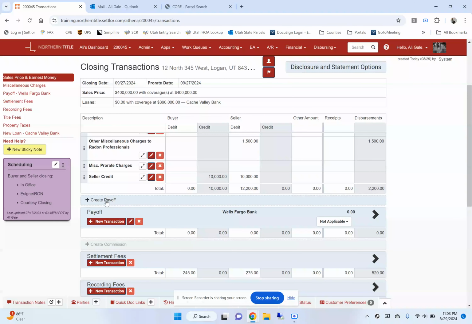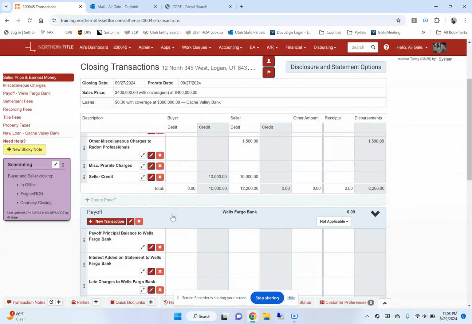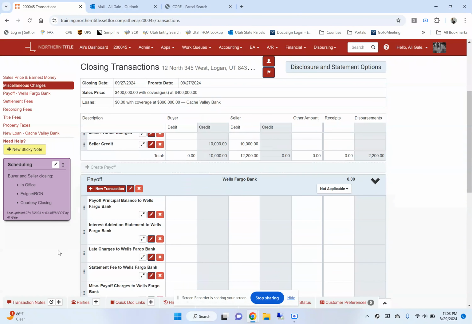Created this gray create payoff line. That's for a second payoff, or third or fourth, or however many you need. But the one we created just now was right here. Payoff, Wells Fargo Bank, has zero amount. But that's when we need to click on the line itself, and it drops down some lines that we can fill in. So it'll say your principal balance. We want it to be a seller debit, so we can go in here. We can type in here,